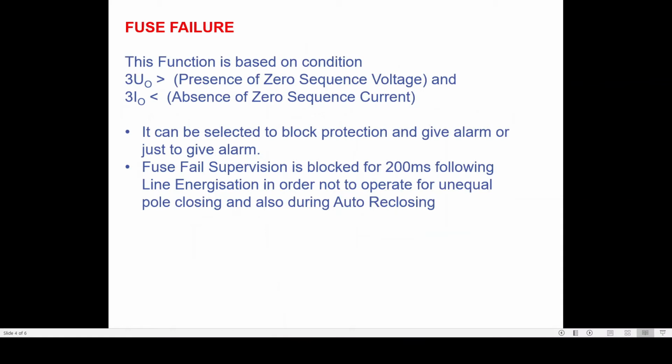Now the third ancillary function is fuse failure. As the name suggests, what is the meaning of fuse failure? Fuse failure means your fuse has failed. When the fuse has failed, you know that distance protection works on the basis of measurement of impedance, and the impedance is basically the ratio of voltage and current. So once your CVT input or voltage input is not available to the relay, and your fuse fails, what happens is that immediately the impedance seen, V by I, will be very low.